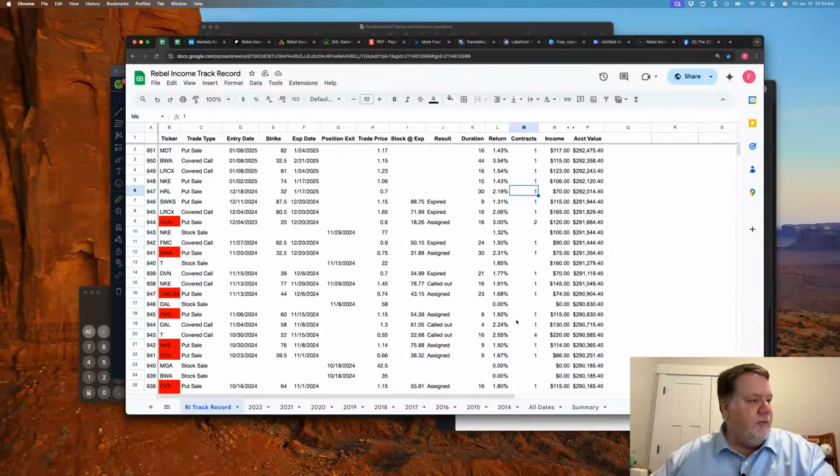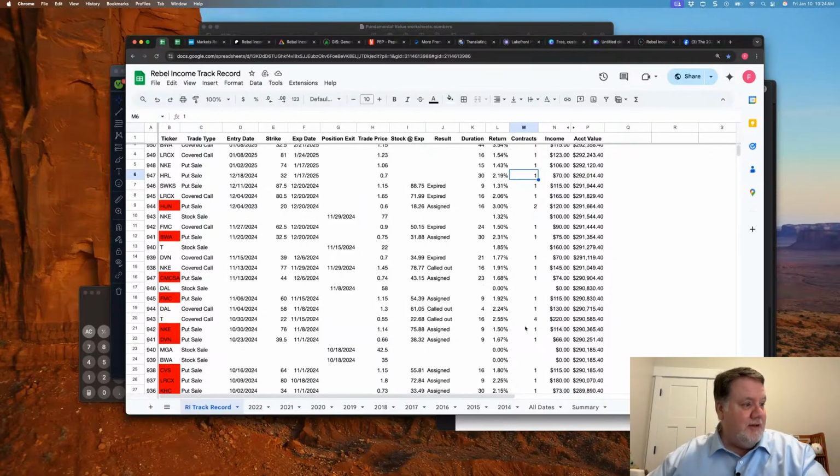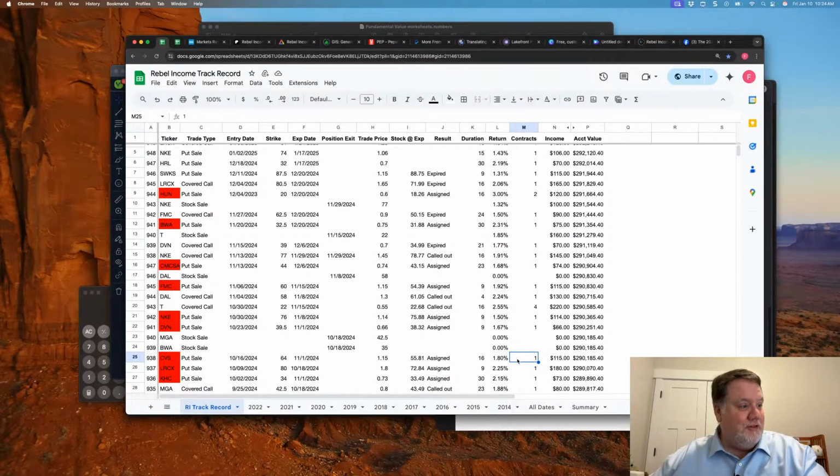I really liked it when this trade on CVS came up. I was kind of excited because CVS is a company that I actually like quite a bit. I am really glad that I didn't let my enthusiasm push me into a larger position, because this is a stock that is significantly below the $64 price that I was assigned, and it is going to stay below that for a while. When you keep your position sizes small and stay conservative, you're going to be able to weather that a little bit easier.